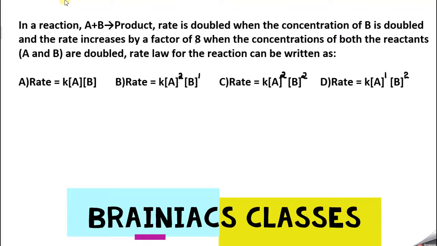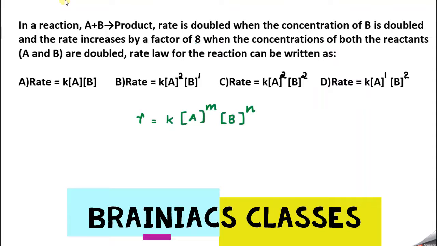So here the idea is, first we will try to assume a rate law. We say rate law R is equal to rate constant K, and we know the reactant first one is A, and we don't know the order, so we assume it as m, and the next reactant is B, and we assume its order as n. Now we need to identify this expression.